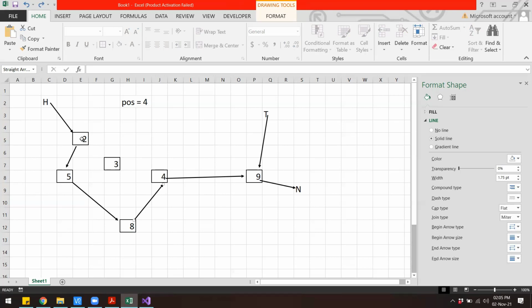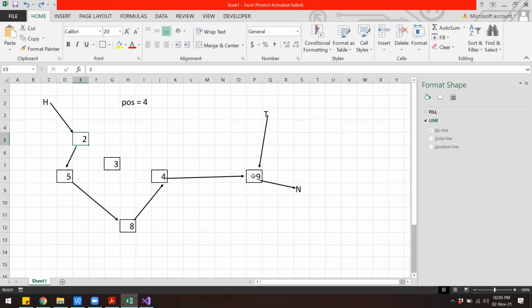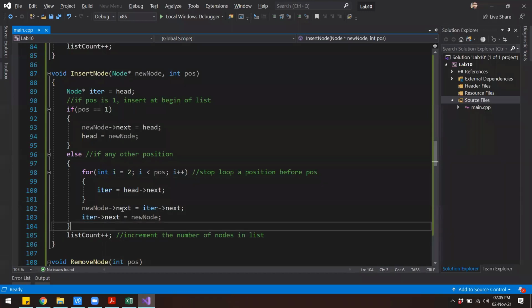This particular node has a name, which is head. This node has a name, which is tail. Our new node has a name, which is new node, right? But this particular node with value 8 does not have a name currently. So we will first give a name to this node, and then we will make the next of that node point to 3 and make the next of 3 point to 4. So let's see how that is done in the code.